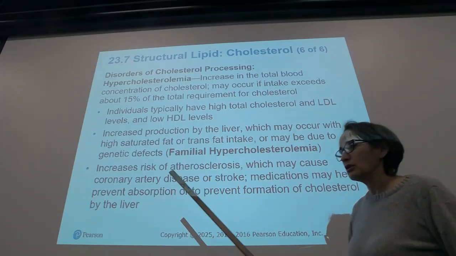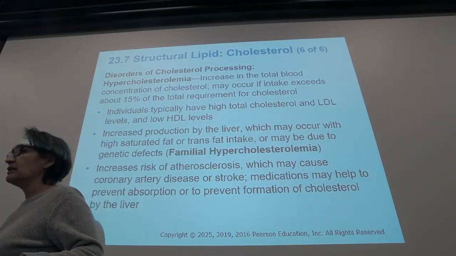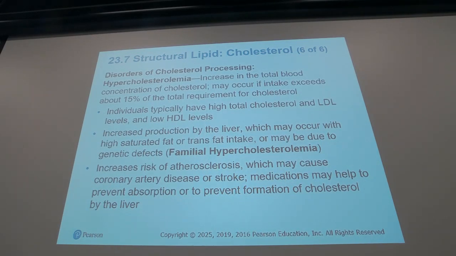So that is called cholesterolemia. There are families that have mutated receptors, and this is called familial hypercholesterolemia. So this is all for this